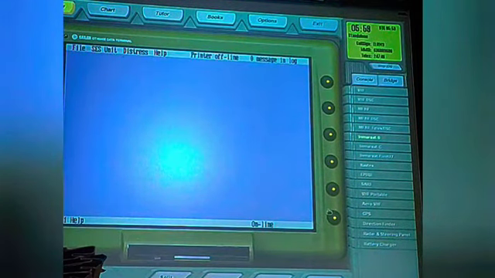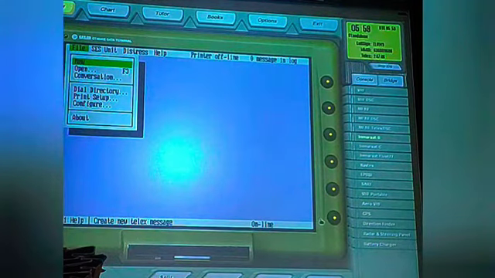Okay, so let us see what is there in file. New, open. New means you can make a new message. Open means you can open a saved message. Conversation means you can send. You are in the transmit mode. You remember SATC? Transmit mode. So conversation is like transmit mode.